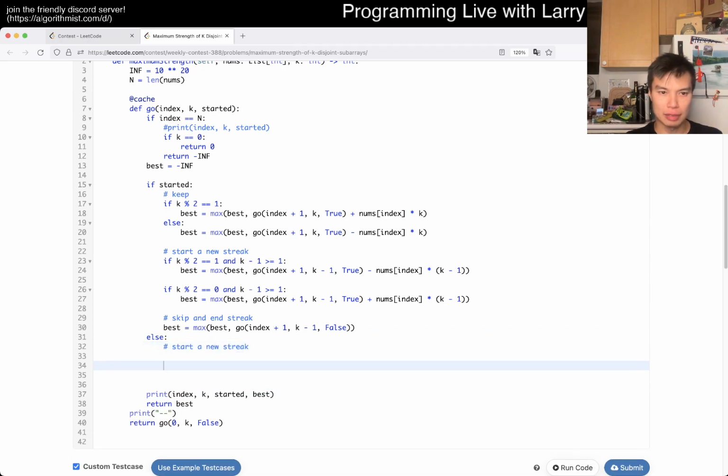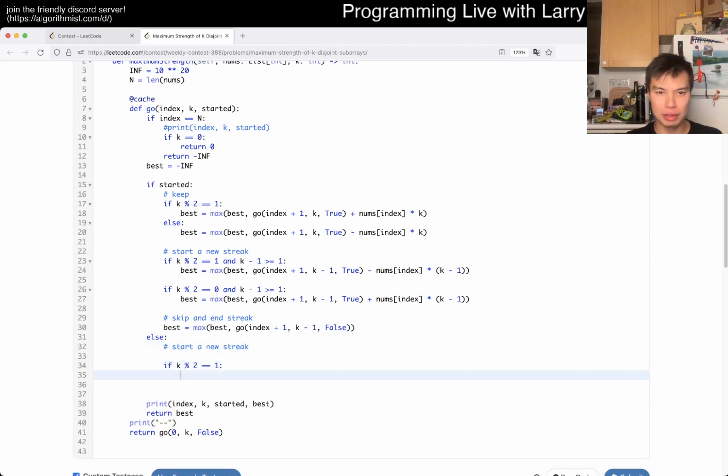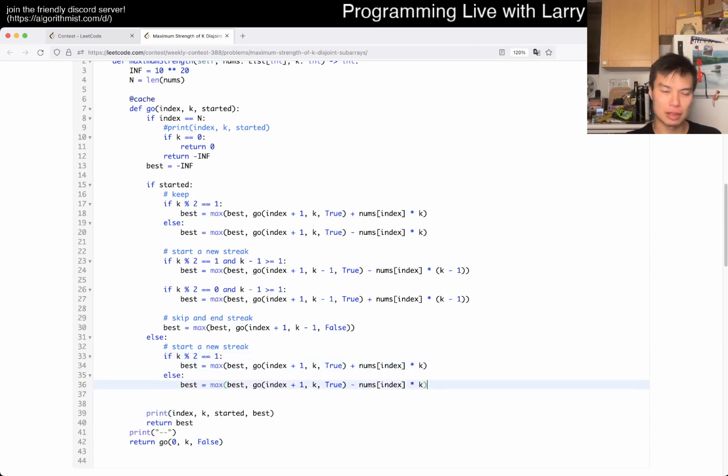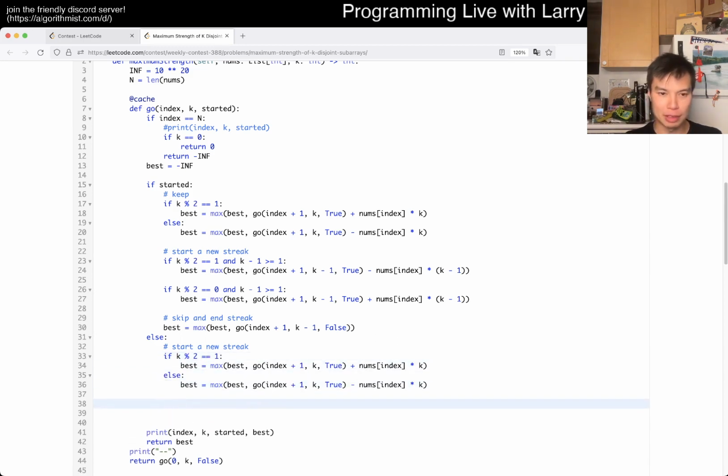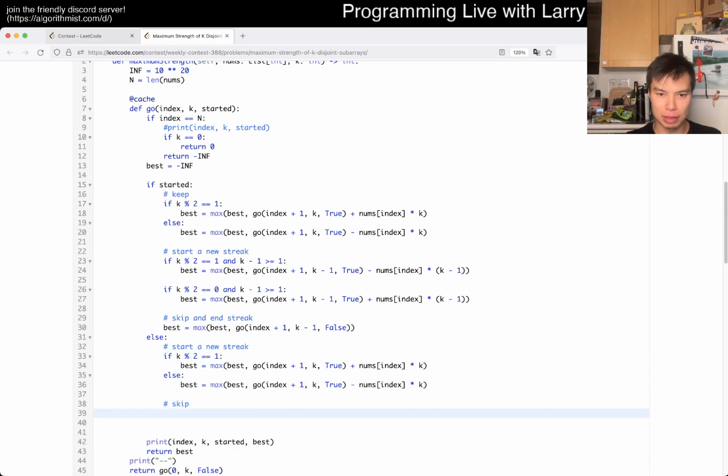And this is if k mod 2 is equal to 1, then I guess it's just this thing really. Otherwise, then we skip. This skip is also the same, but we don't. Is this right? It feels the same as what I already did, but